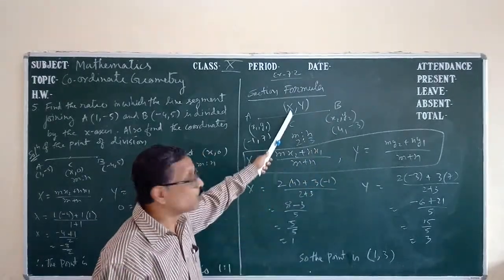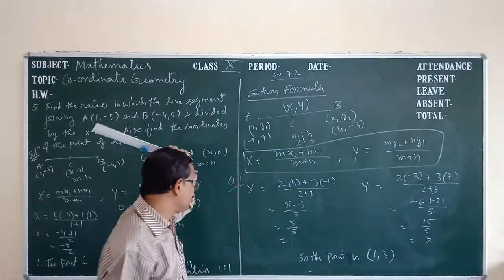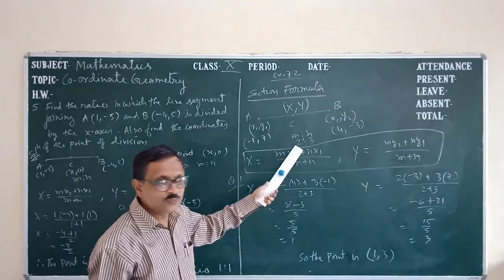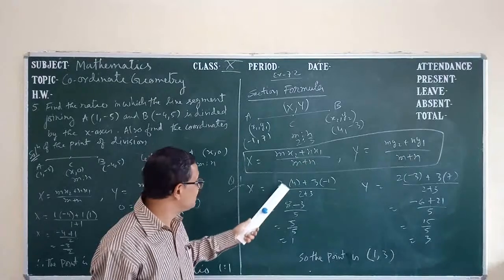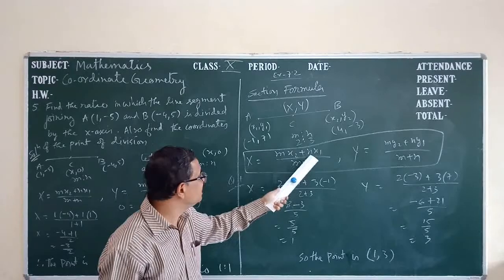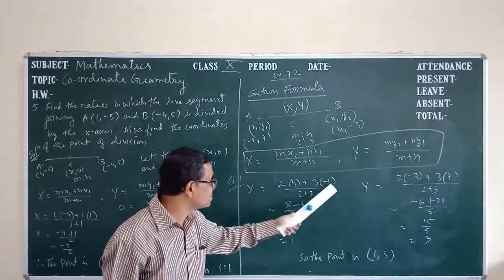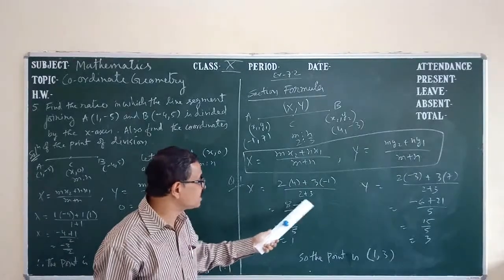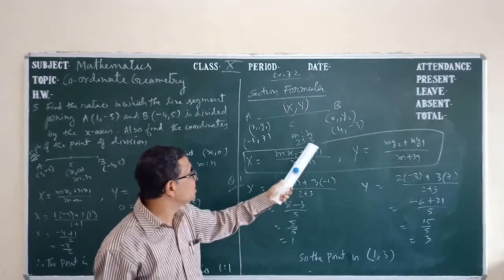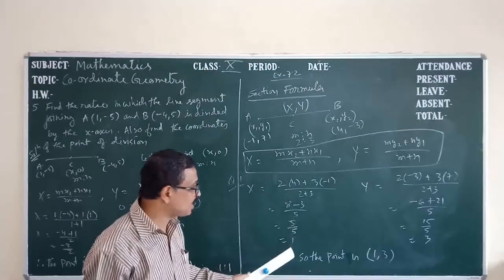Then what we have to find out? We have to find out the coordinate of C point, that is capital X and capital Y. Now look here. Capital X is equal to mx2. M means 2, because the ratio is given 2:3, so m is 2. 2 into x2, which is 4, so 2 into 4, plus 3, because n is 3, 3 into x1, which is -1, 3 into -1. So 2 fours are 8, 8 minus 3, upon m plus n. M plus n means m is 2, n is 3, so 2 plus 3, that is 5. So 8 minus 3, 5 over 5 is 1.